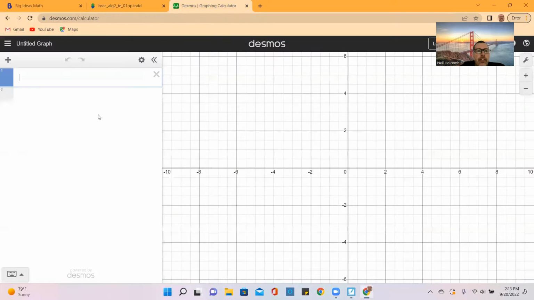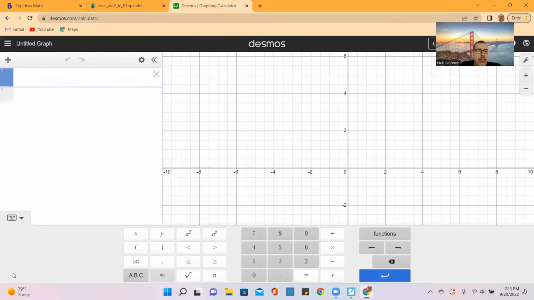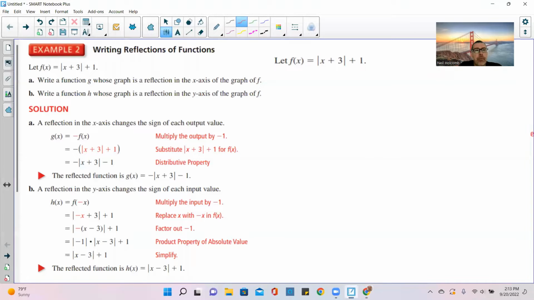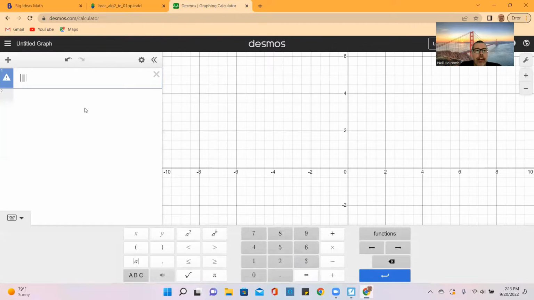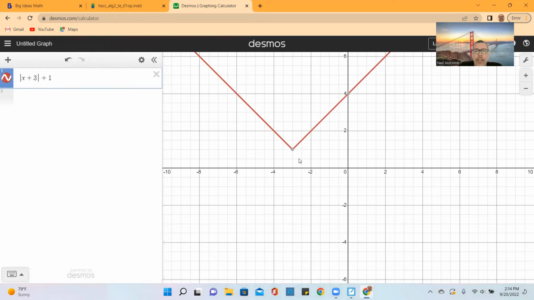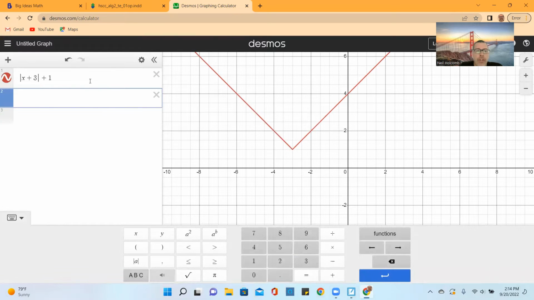and right here, so it was the absolute value of x plus 3 in absolute value, and then plus 1 after. Okay, so what that does is it takes the vertex, which with the parent function, let's graph that, absolute value of x,